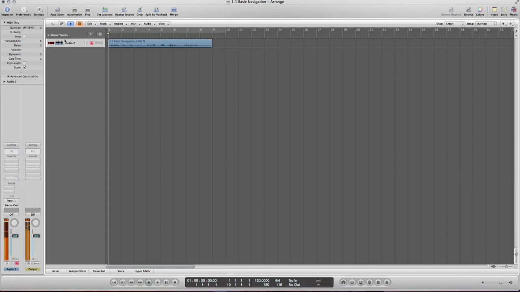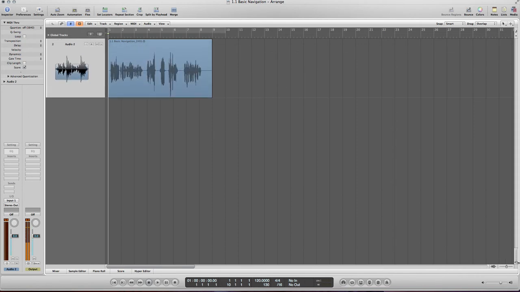So if we turn off record enable and we play that back, and I'm going to talk and it's going to record in some of my vocals. So that's my vocals recording. Now if I zoom in and we look at the waveform,